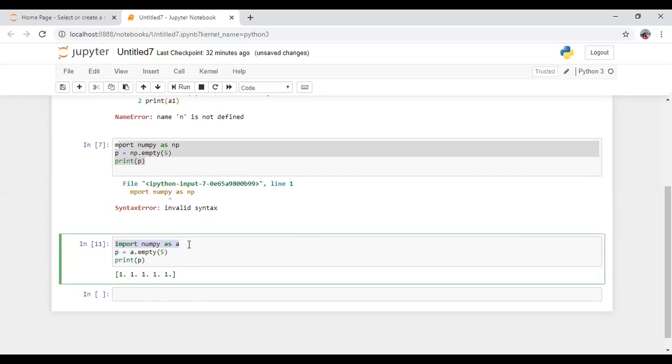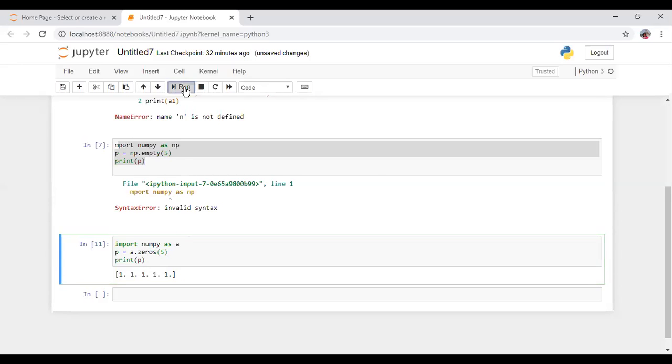You just have to focus on the import function, import numpy as any variable name, and the other function, empty 5. So empty 5 times it will display the array. You can write zeros here, and 0 will be printed.